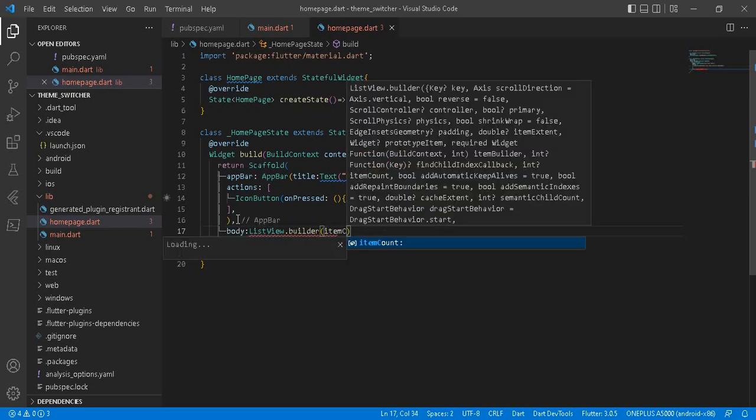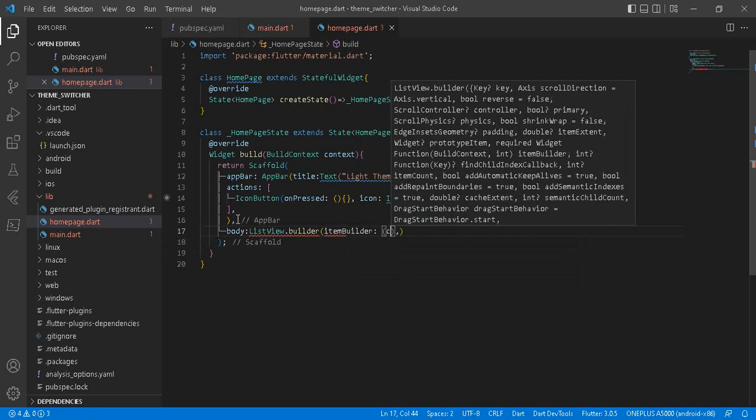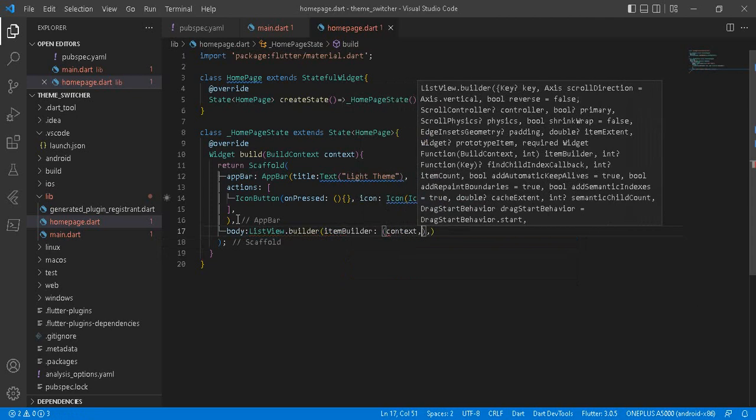One is itemBuilder, and it takes context and the index,